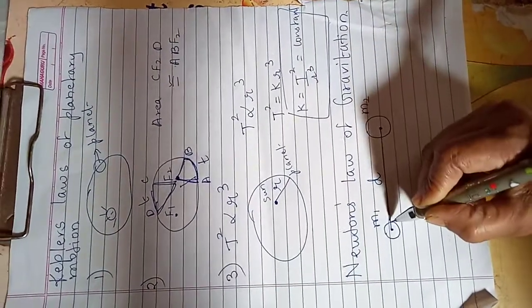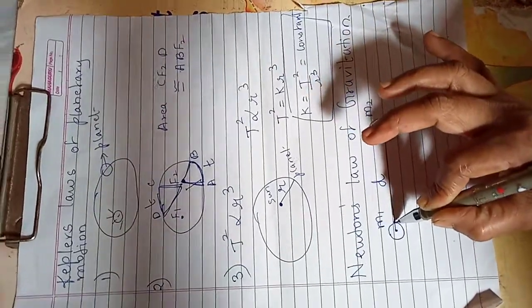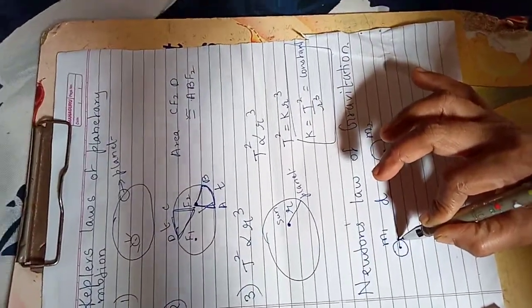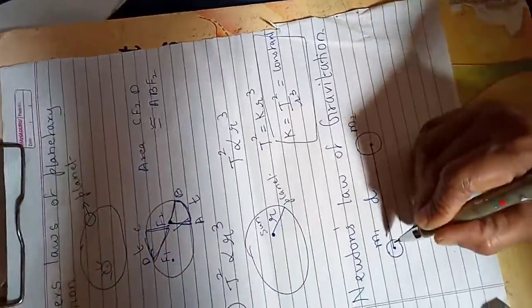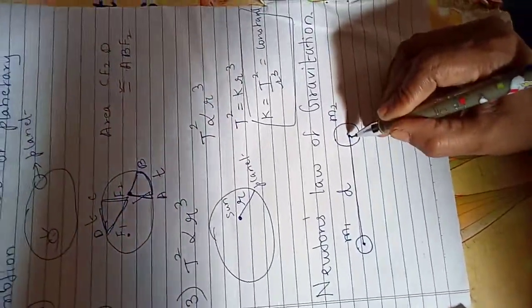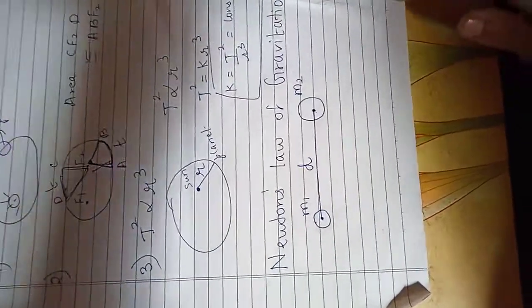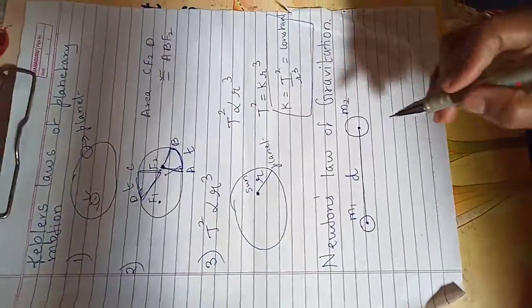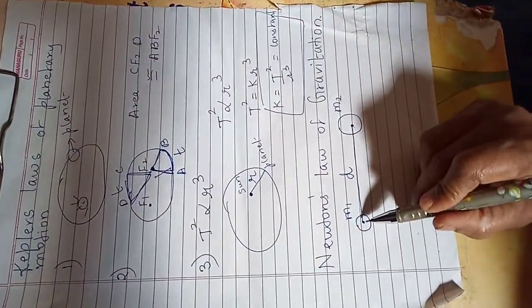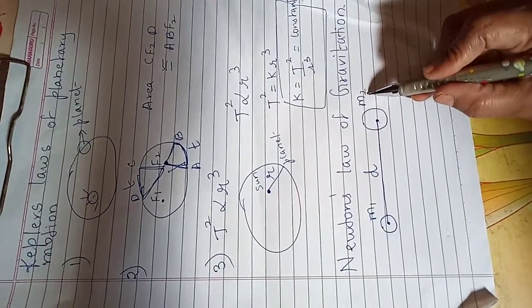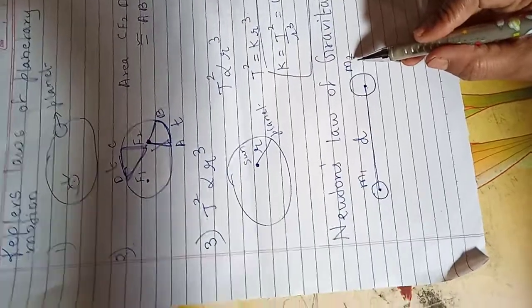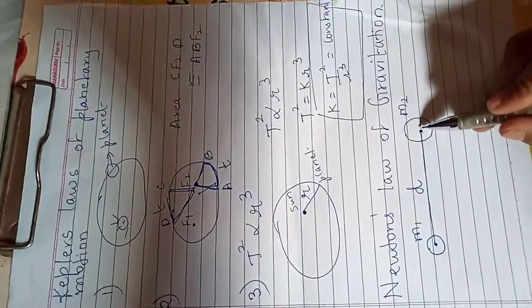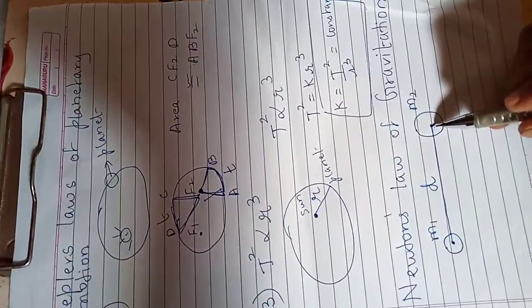Students, note, distance is never counted from the surface. Distance is always measured from the center. कळतंय? कधीही तुम्हाला डिस्टन्स काउंट करायचं असेल तर always measure the distance of any particular point from the center. So m1 and m2 are the two bodies of masses m1 and m2 respectively. d is the distance of separation between their centers.